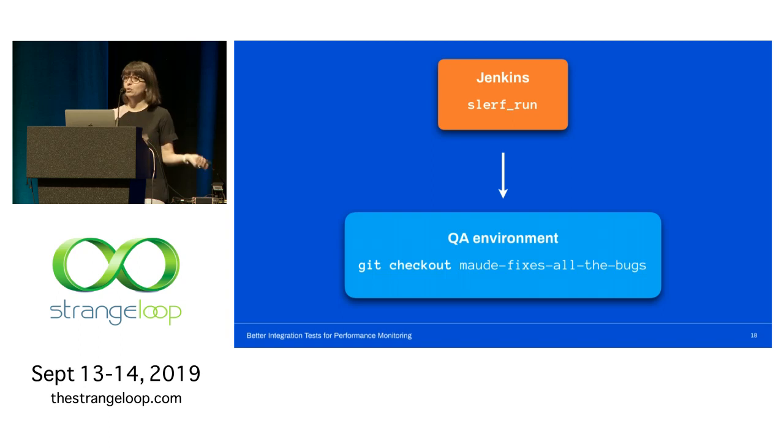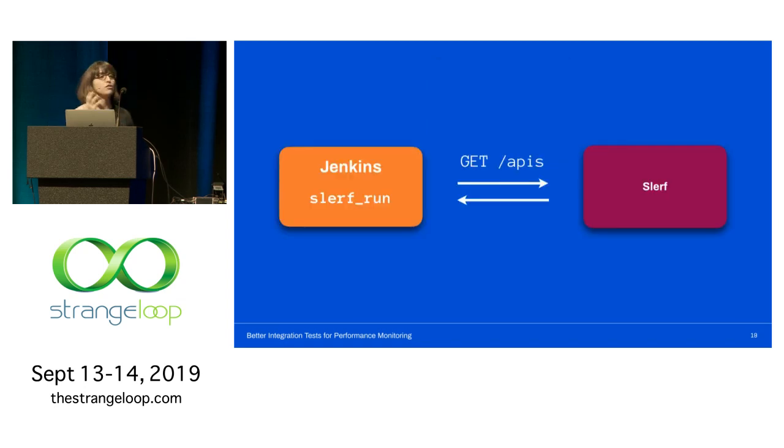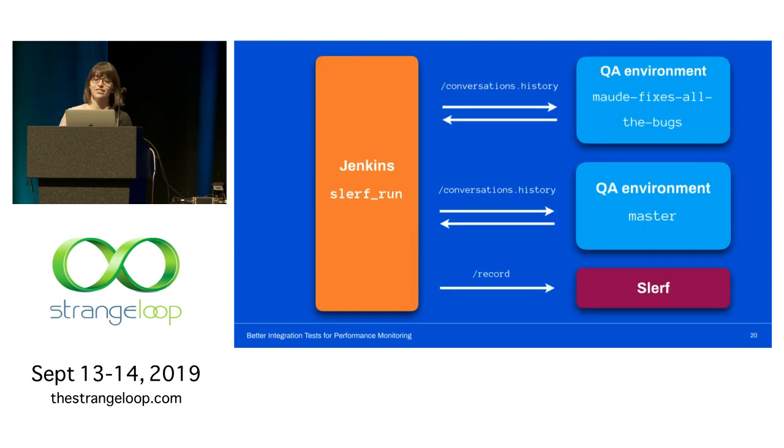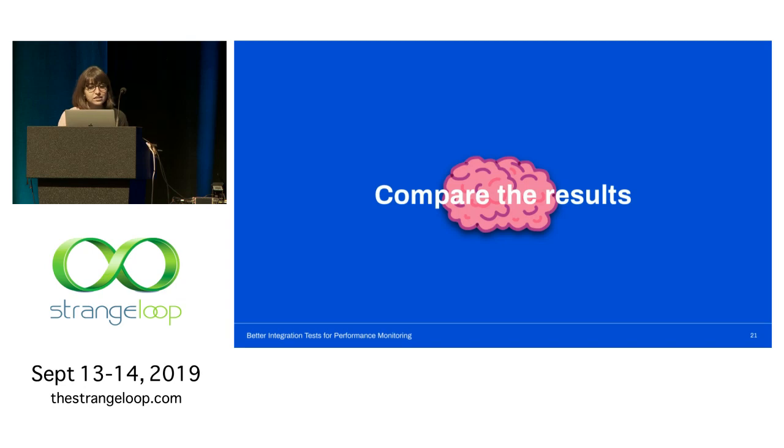So first, we would deploy a branch to a QA environment. Based off of the commit hooks, we'd grab your latest commit, push that out to a development environment, a QA environment, and then we would get all of the APIs that we wanted to test from the Slerf service. That was the 15 APIs that I mentioned earlier. And then we'd do this sort of dance. For each of those APIs, we'd run the API against your code running on a QA environment that we identified. Then we'd run the same exact API against the master QA environment, which was updated every 15 to 20 minutes. We'd record both of the debug outputs from those API requests with our service, and then we'd compare the results,